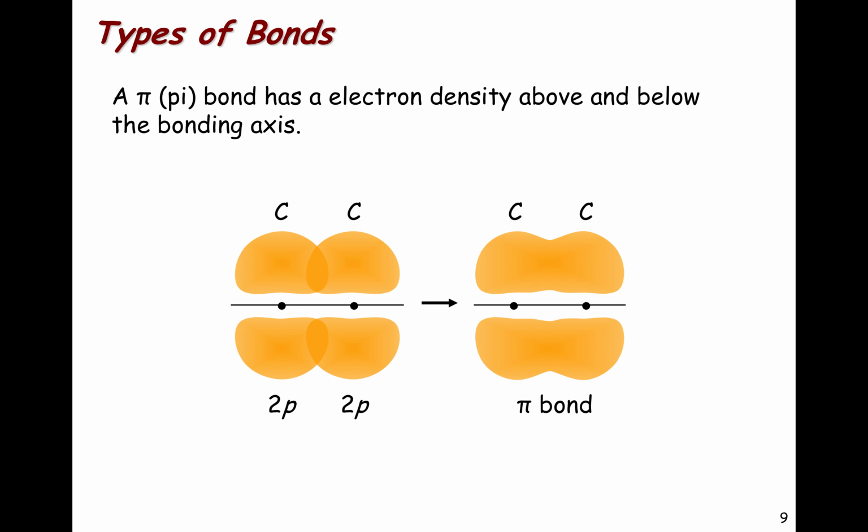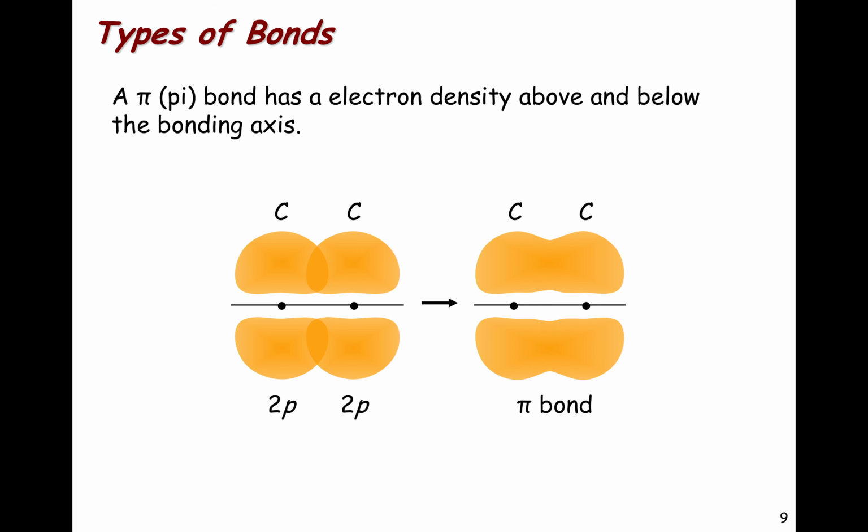In addition to the sigma type bonds that you can observe, when a molecule can have multiple bonds, either double or possibly triple bonds, it is also possible to take the remaining atomic orbitals and have a sideways overlap of the atomic orbitals to form what are referred to as pi bonds. So as shown here, we have a sideways overlap of two p orbitals on two different carbon atoms, and this then results also in a constructive interference, but